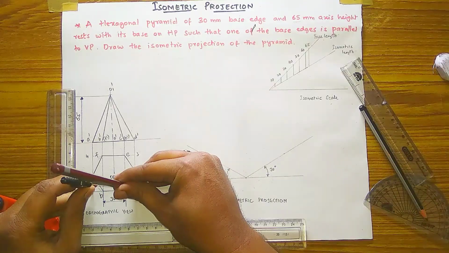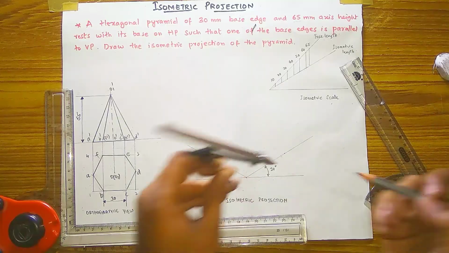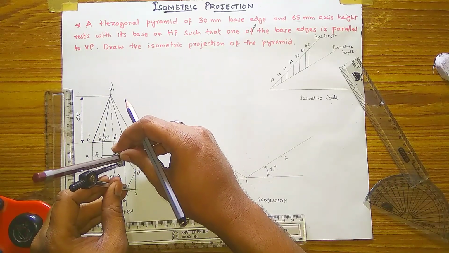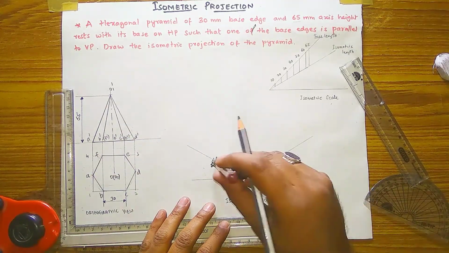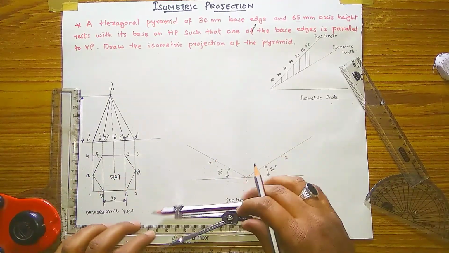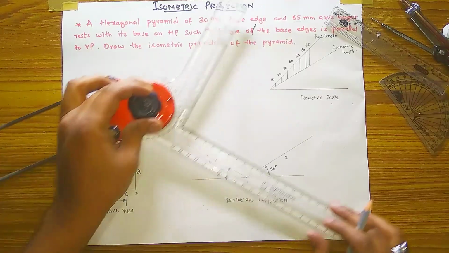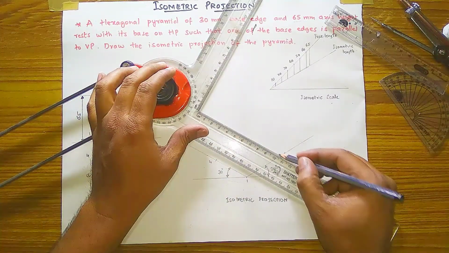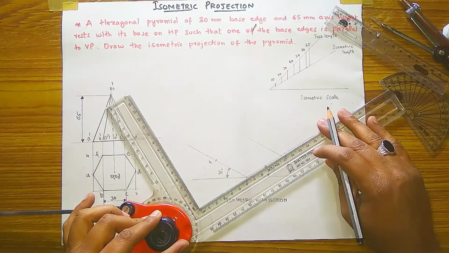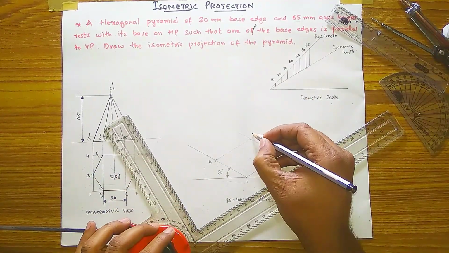Width of the hexagon, measure on the divider and keep a point, and put an arc, and this point will be 1, 2. Okay, and this 2, 3 I will measure here and put an arc. Means this distance I have copied, 1 and 4. The remaining 3 line we have to adjust your mini drafter to that angle, and from 2 arc we have done, take a line like this and adjust it to this angle, and 4 point and draw a line where these 2 lines are meeting, that point is 3.